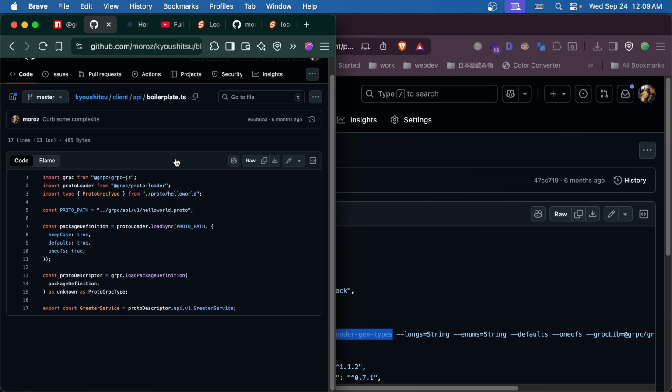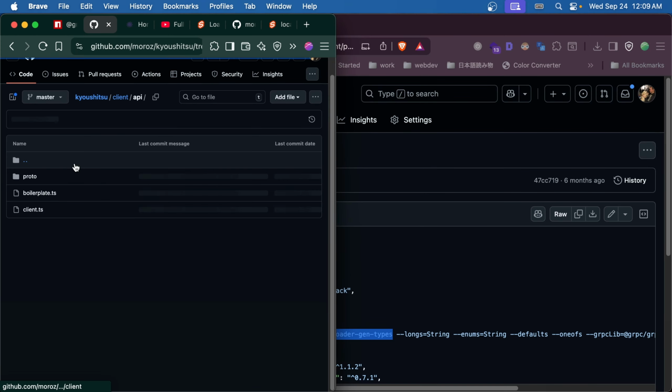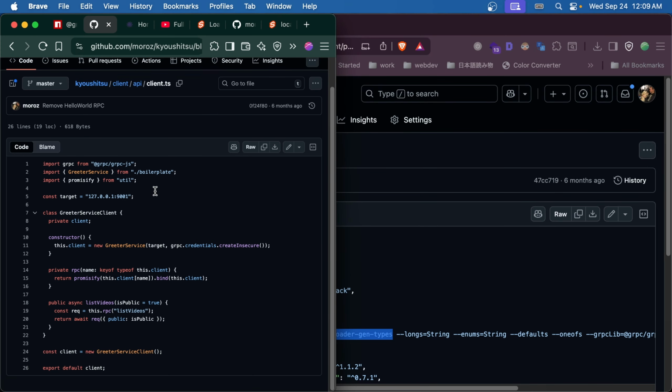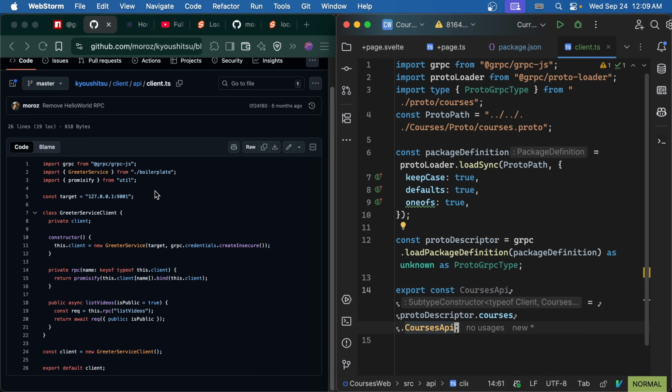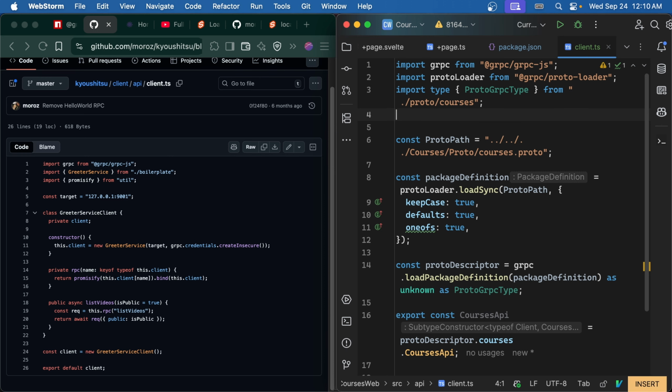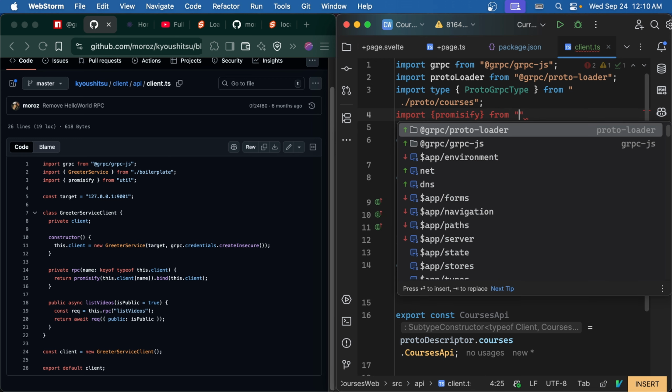Okay, so now we have this boilerplate set up, and now we can use it to build a, what was it exactly? A client, right? So import. We don't need to import the courses API because it's defined in the same file. Import promisify from util,